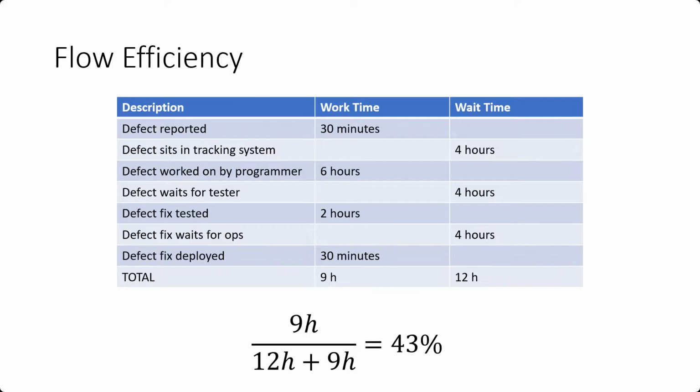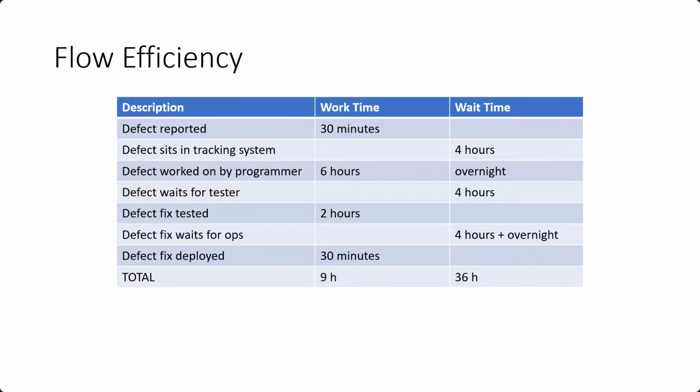So what we can do is say, okay, we have 9 hours, and then we have 12 hours plus 9 hours, and what we end up with is 43%. Is that good? Is that bad? Can we really measure this? Oftentimes, that's a whole other discussion, but we're just using this for illustrative purposes. So let's say